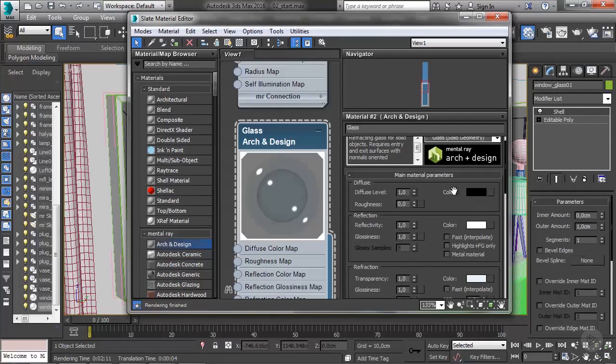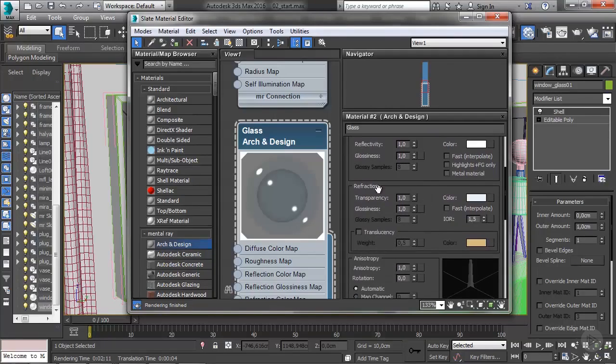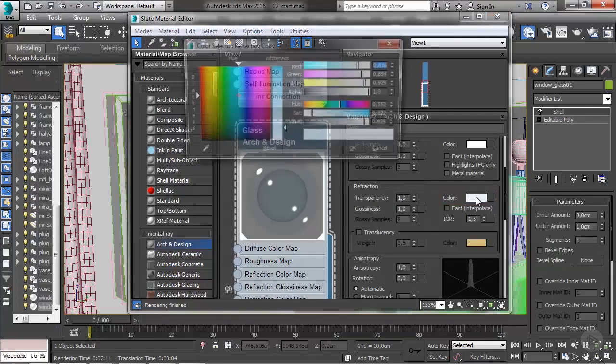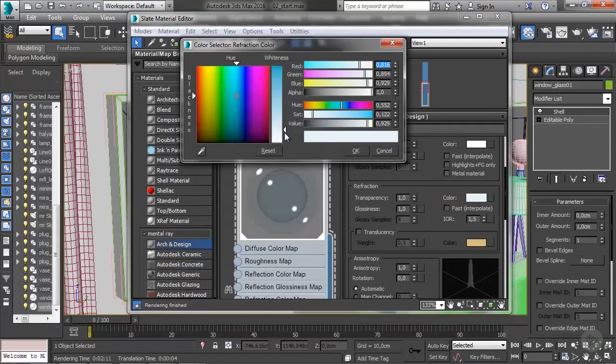So if we change the diffuse color, it won't change a thing about this blue tint. What we need is to change the color of the light when it crosses through the object. That means we have to change the refraction color. Okay, so if I click color here, you can see it's not completely white, and that's why our glass is rendering blue. So I'm going to scroll this down to completely white,